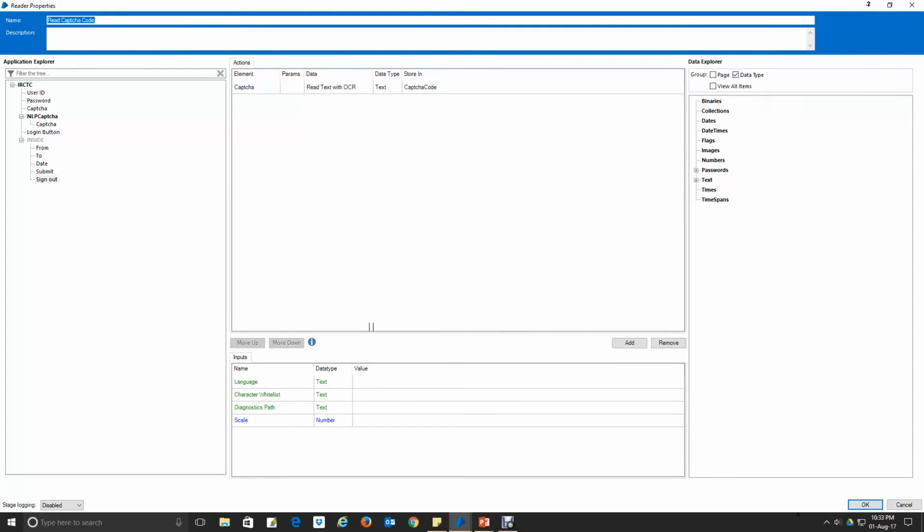I have spied the captcha, so I'm going to read the values from it using Read Text with OCR. OCR is a technology where we read the image and convert the image into text format. So I'll convert those values and store them in my captcha code data item.